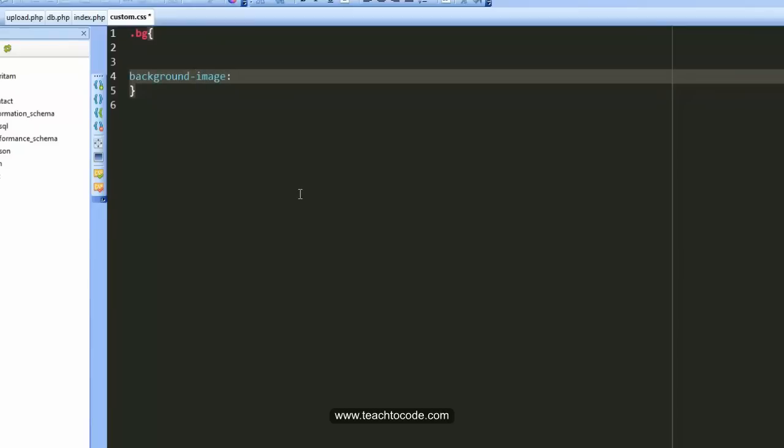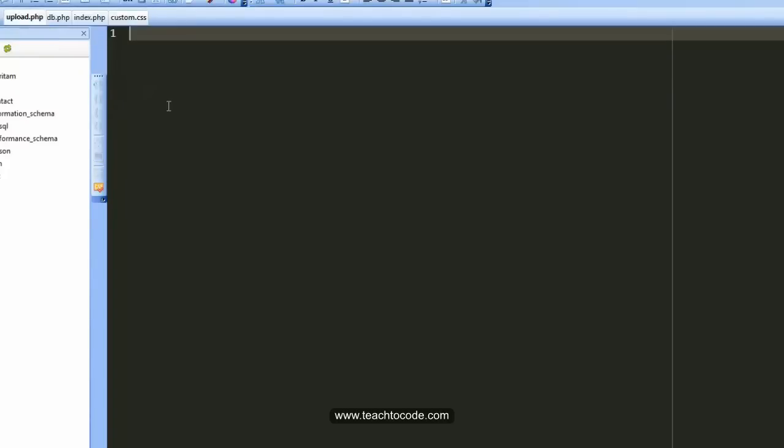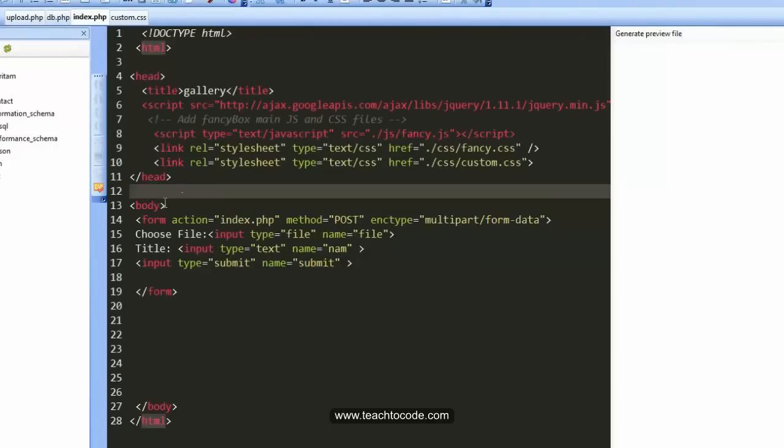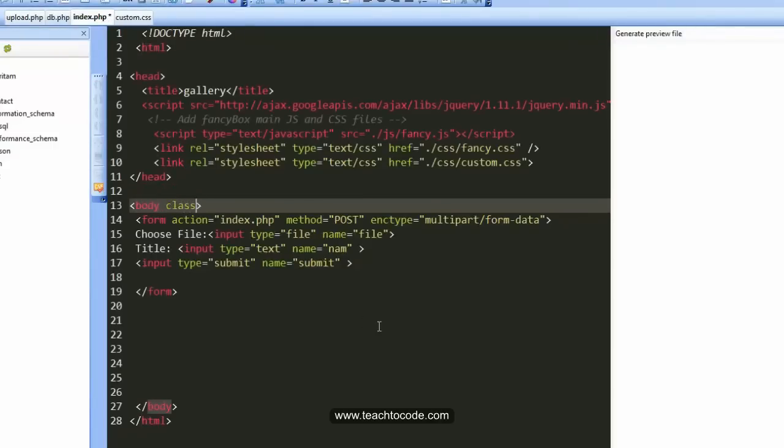Then I will give my URL, css/bgg.png, that was my file name. Then I will put a semicolon over there, then I will save that one. And if I call that class over here, class bg, okay, if I press F5,